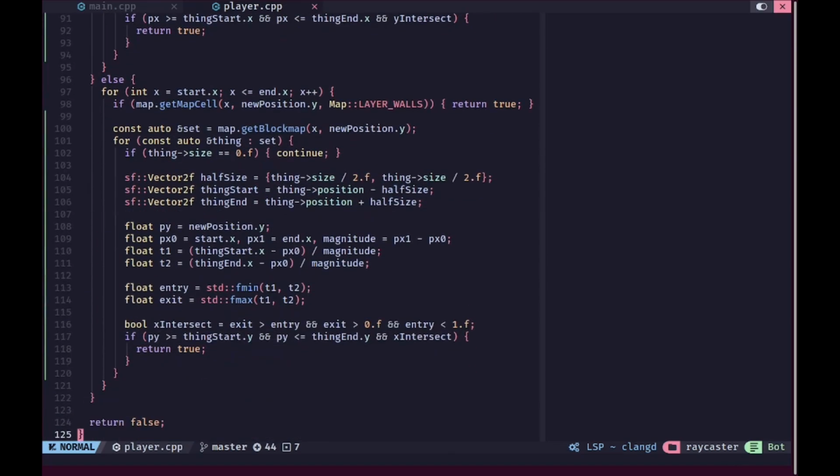And for the y-axis, as you might imagine, it's basically the same thing but opposite. So we use the py here, which we set to new position.y. Then we use px for the actual checking. So when we are casting the ray, we use the x-axis instead of the y-axis, and we get x intersect here, and we use that formula for checking against the y-axis now. So it's basically the same thing, but the axes have been reversed, and that is pretty much all we need to do to check for